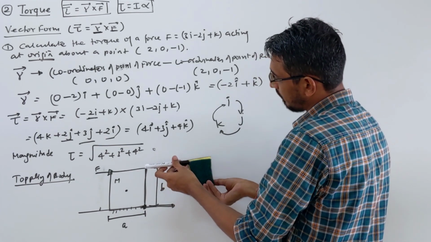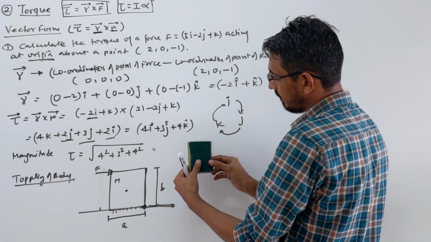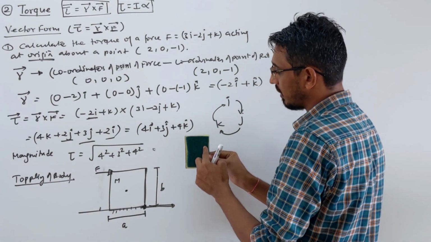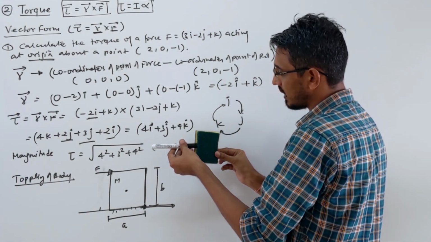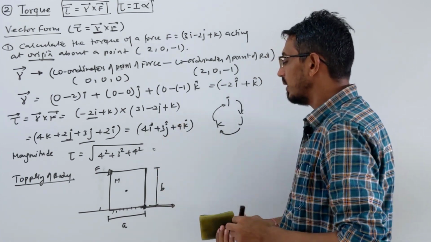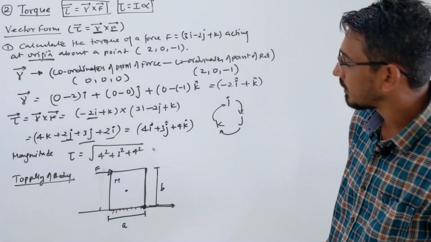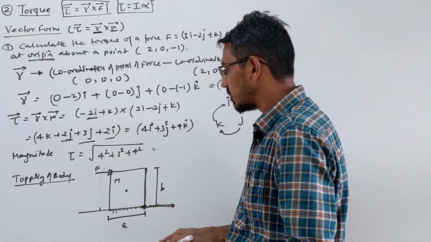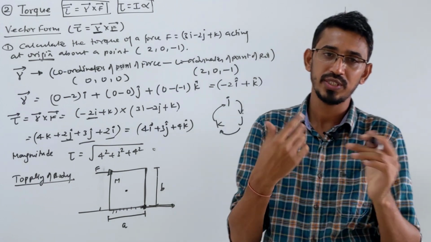If you apply force at that point, this is the point of rotation. So from this point, the distance is what? Perpendicular. This is maximum. If you apply force elsewhere, your distance will reduce, and you have to apply more force. So you should apply force at that point, suppose, okay? So we are applying force at that point, and we want to know how much force we need to topple this body. Suppose this is the question.